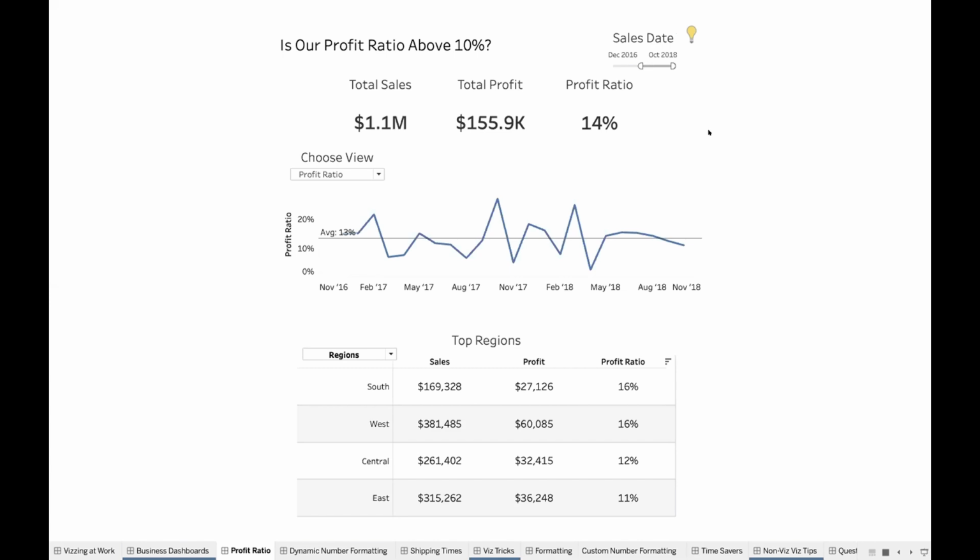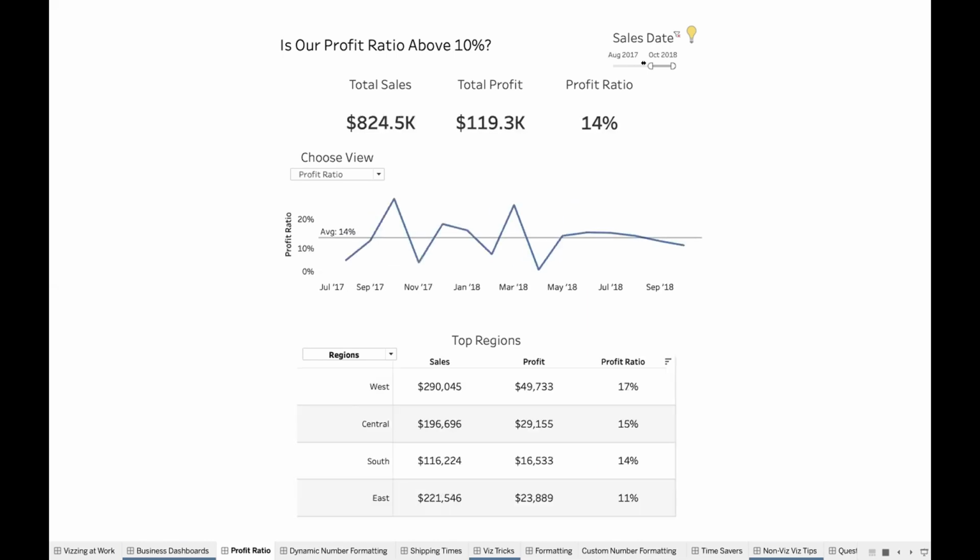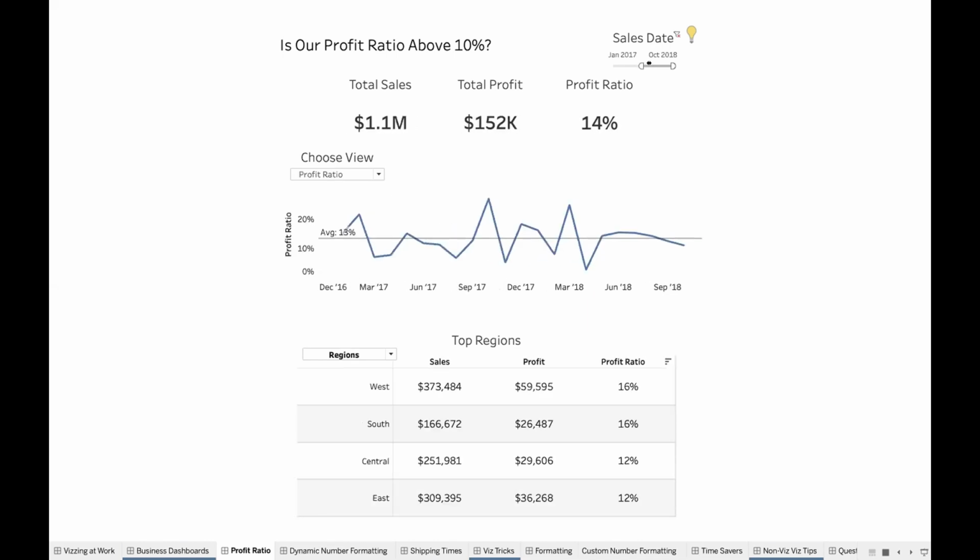So also within this dashboard, I've included some filters and parameters to allow users to find answers and to follow trends. I have a basic date slider in the top right here that allows them to select the date period that they want to see. I have these big numbers right here at the top of the dashboard. So if you're familiar with the Big Book of Dashboards, they talk a lot about BANs. I'm just going to call them big numbers here, but they really draw your attention and focus for these important KPIs that you want to show to your clients.